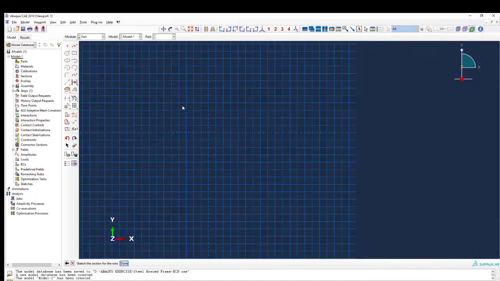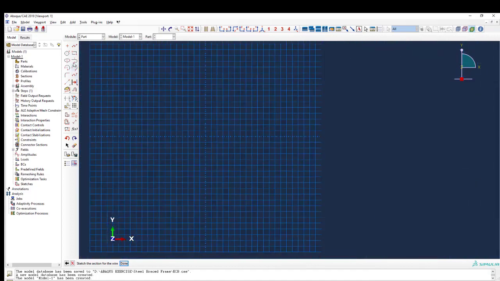Now I can start drawing the first boundary columns, and this is center to center 3000, and the length, sorry, it should be 5000,